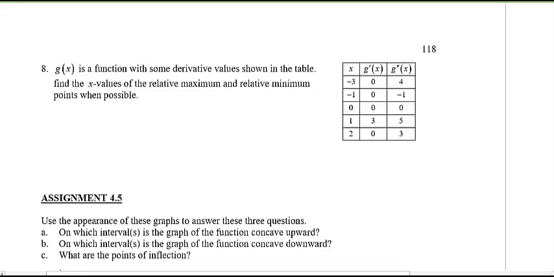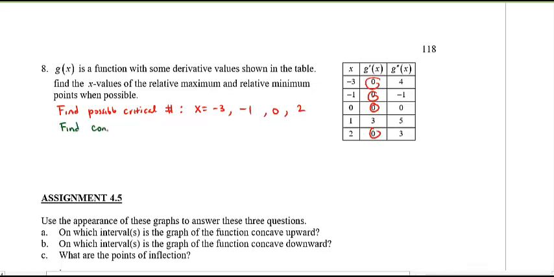So first of all, what do we need to do? We need to find out the critical numbers. How do we figure out the critical numbers? We set the derivative equal to 0. Great. So where is the derivative equal to 0? So let's again find the possible critical numbers. And once again, where are they? It's where the derivative equals 0. Oh, that's here, here, here, and here. So your x values could be negative 3, negative 1, 0, or 2. Nice. Okay. Now, once we've done that, our next step is to now